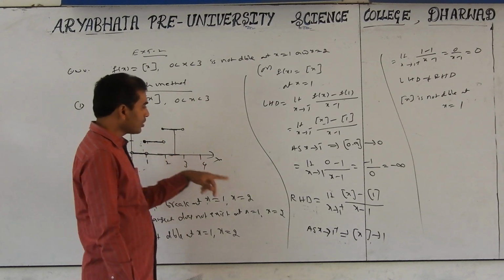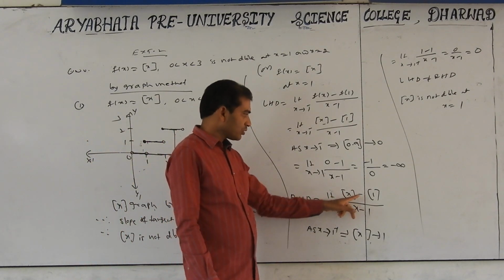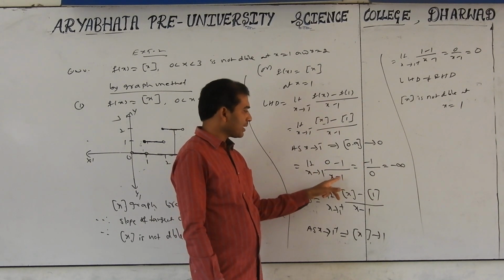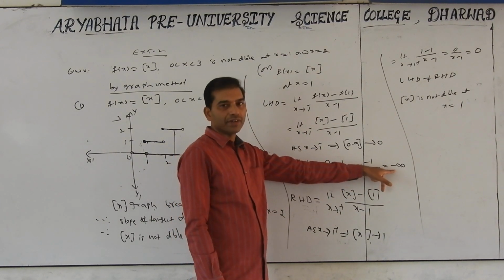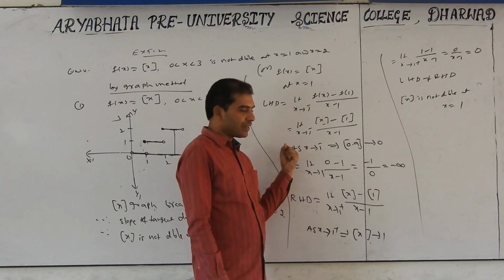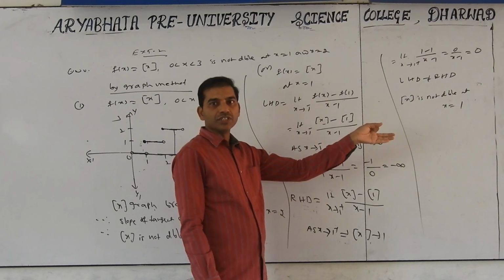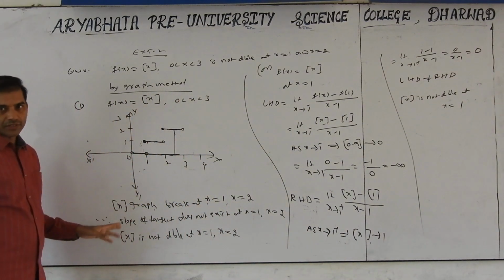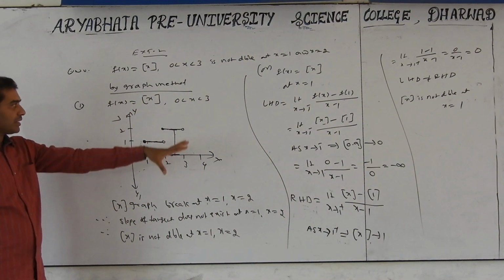Right derivative, above 2. Above 2 means 2. 2 minus 2 is 0. 0 by something is 0. Here we get x minus 2. 2 minus 2 is 0. Minus 1 by 0 is infinite derivative. So the left derivative does not exist. The right derivative is 0. So the left derivative is not equal to the right derivative. f is not differentiable.